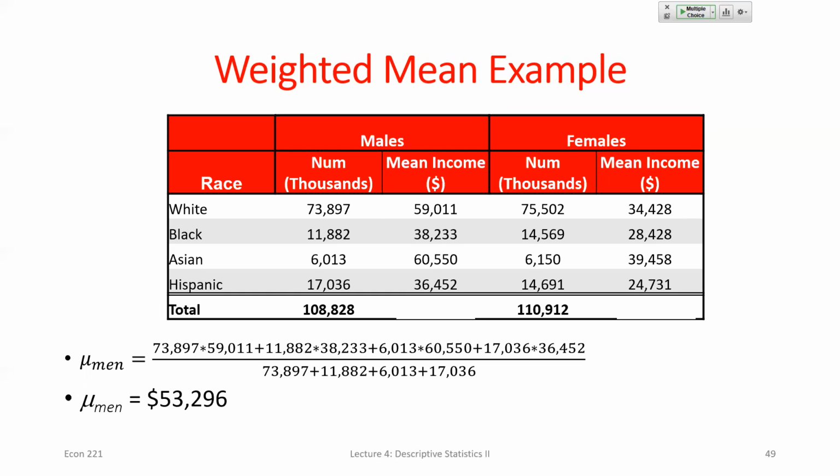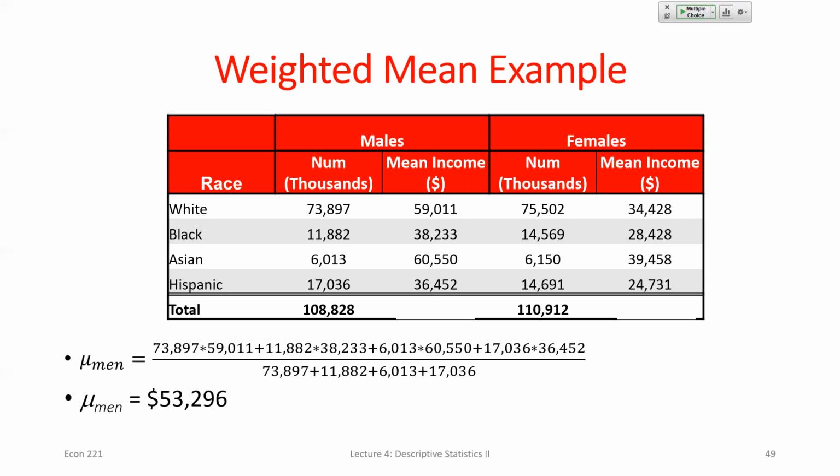So we can kind of see, right? If I were to treat this as a regular mean, and I just added these values up and divided by 4, I'm looking at this, 40, you would definitely have a value below 50,000. If I add 59 plus 38 plus 60 plus 36,000 divided by 4, I might end up with something that's just below 50,000. If I treat it as though it's a regular mean, but it's group data, and that 59,000